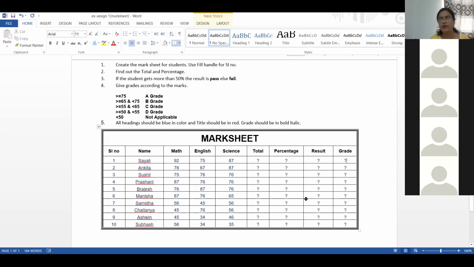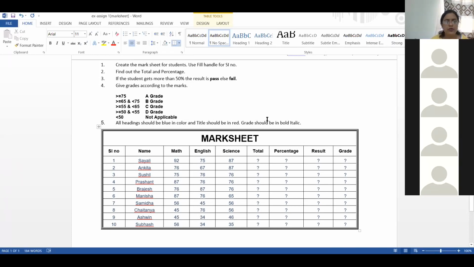So how many of you are comfortable with small functions like sum, percentage, result? Dipali? Yes, ma'am. Are you comfortable with small functions like sum, average, count? Yes. Okay.